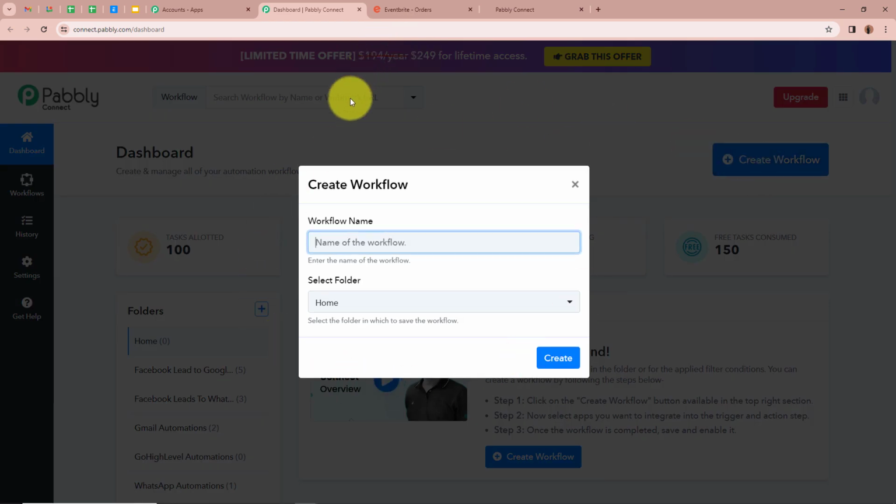Then a new dialog box is going to appear in front of you, which is asking for a workflow name. So I'm going to give a name to my workflow as Create GoHighLevel Contact for EventBrite Attendee. After that, it is asking for us to select a folder. On the left side of my screen, you can see I've created multiple folders in my Pabbly account, from which